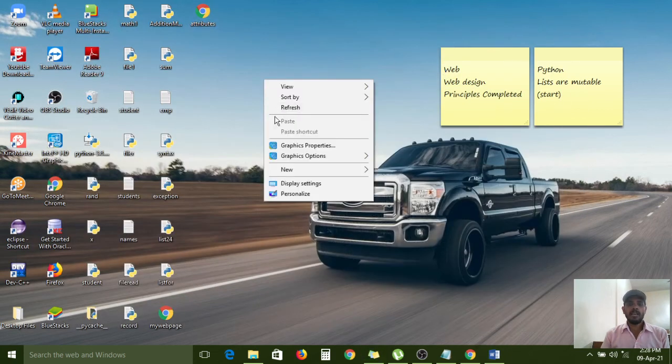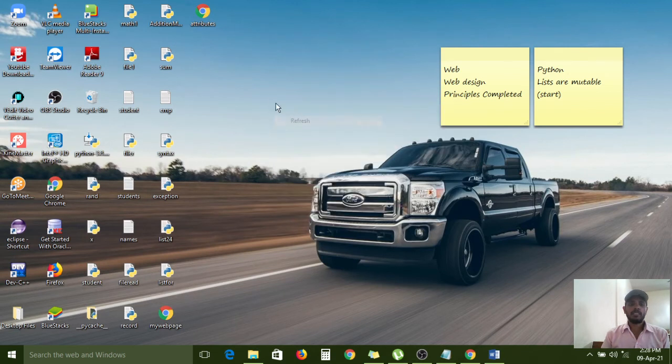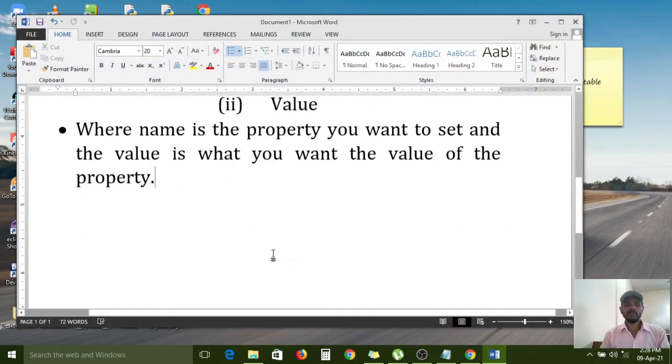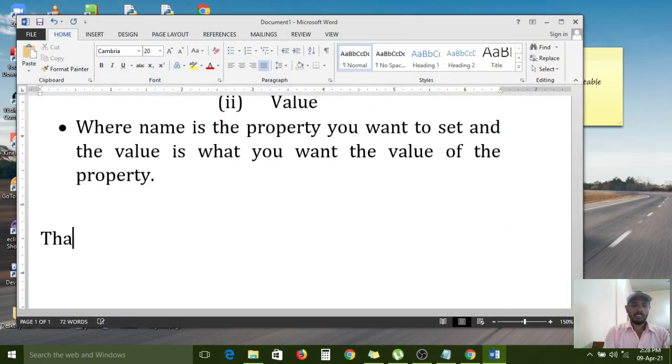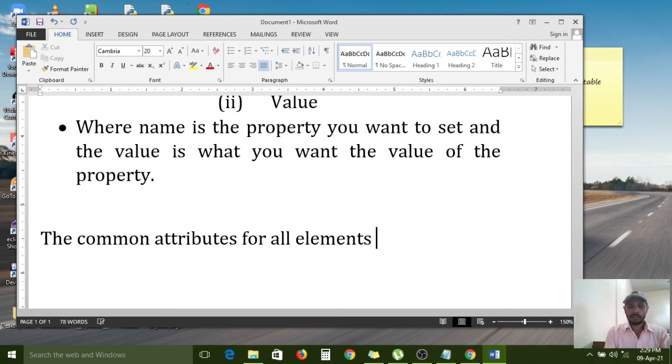So the common attributes for all elements are: first one is title.